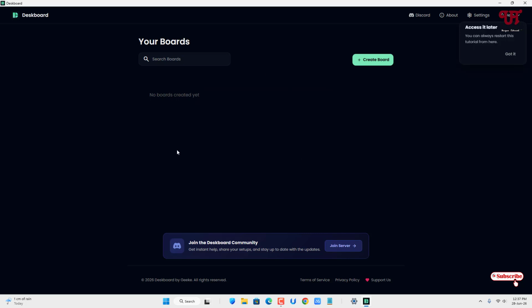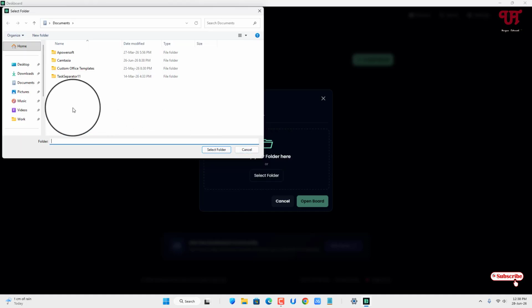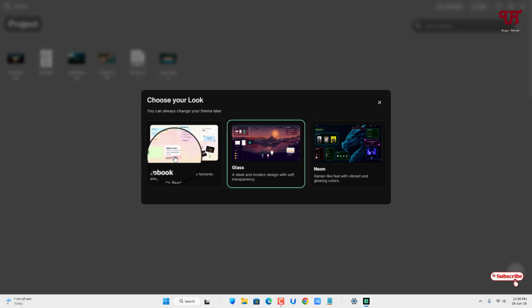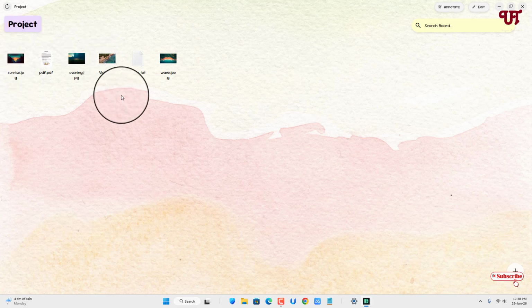And now you will see here various options. So you can just click on this create board, and now you can drag and drop the folder here also, or you can just click on it also and select the respective folder. Click on open board. Now you can select your templates, whichever templates you want. So you can see here I've selected this templates, so it will directly show me all the files present on